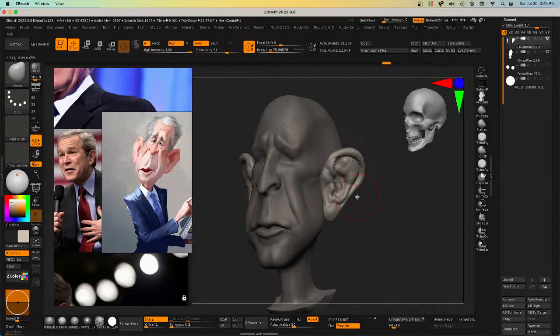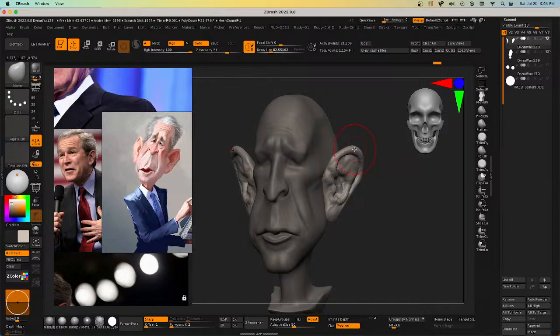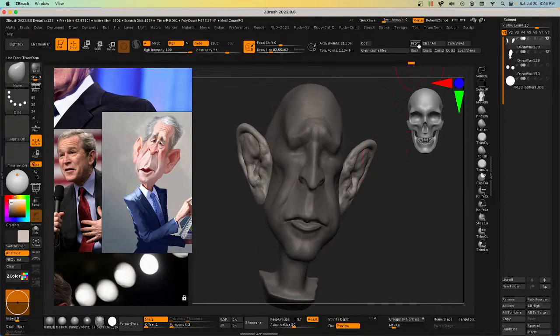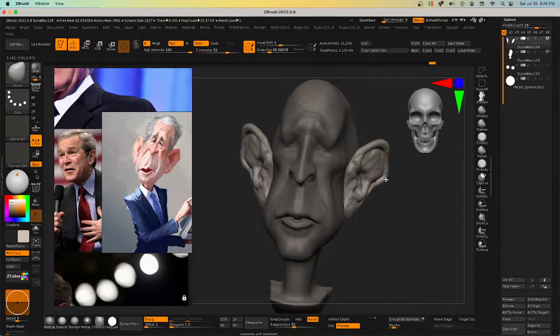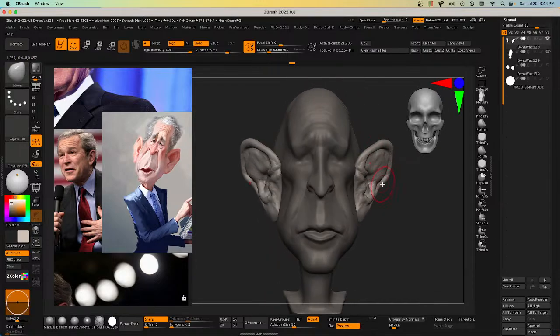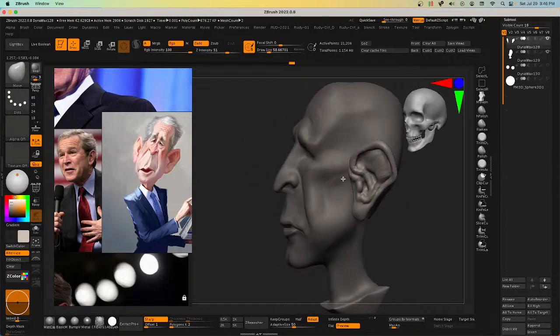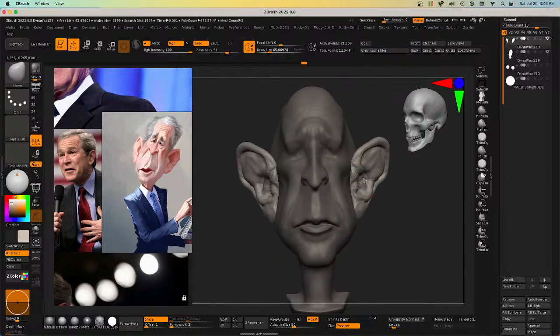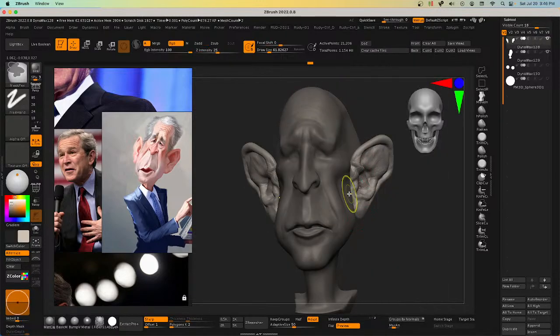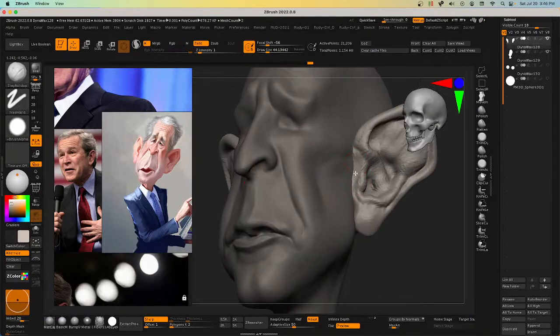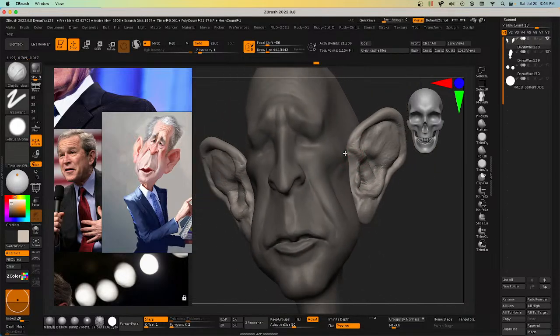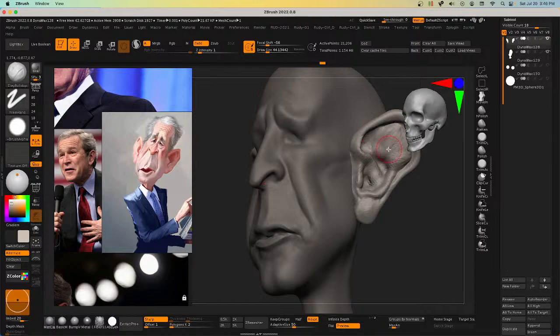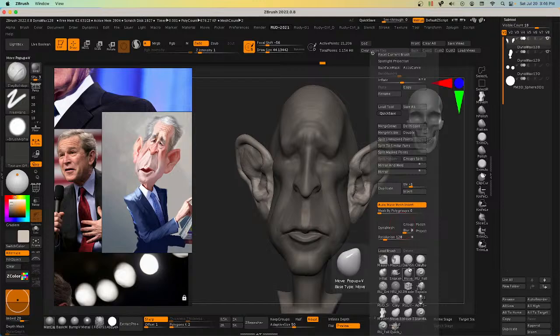Trying to also copy from his ears over here. And let me see if I can change the